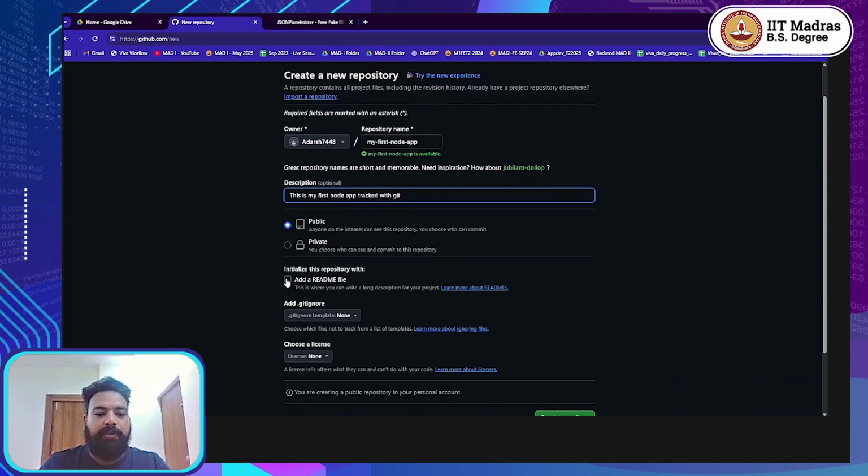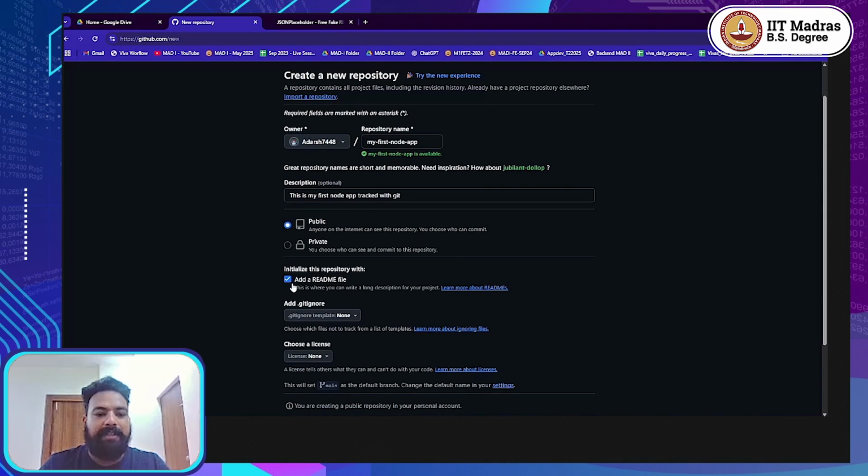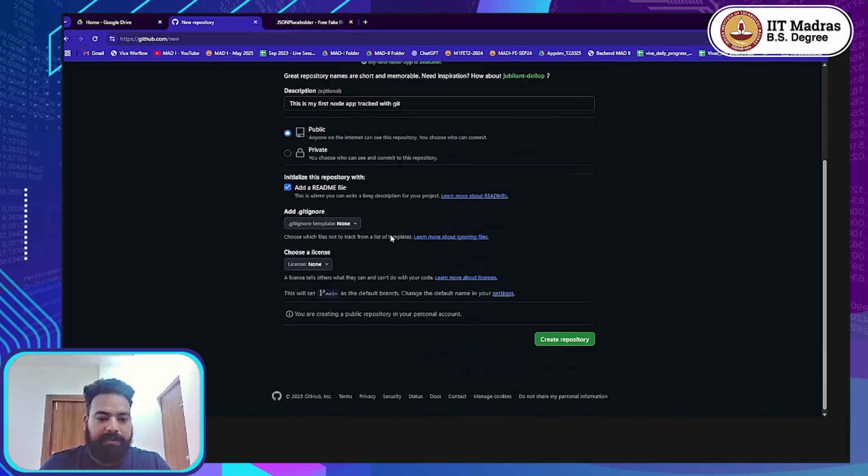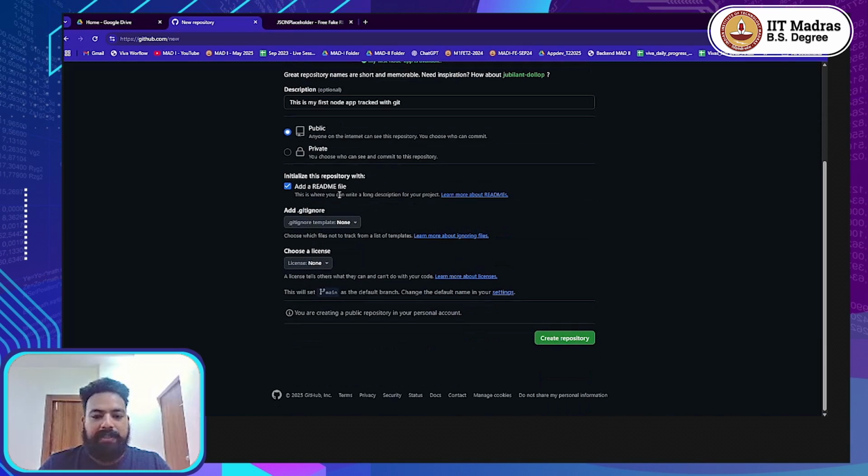This time I'm going to add a readme file. When I click on this readme option, when the repository gets created, it will create a predefined readme file along with it. The content of the readme file is going to be the description. So we'll see that. Now if I click on create repository,